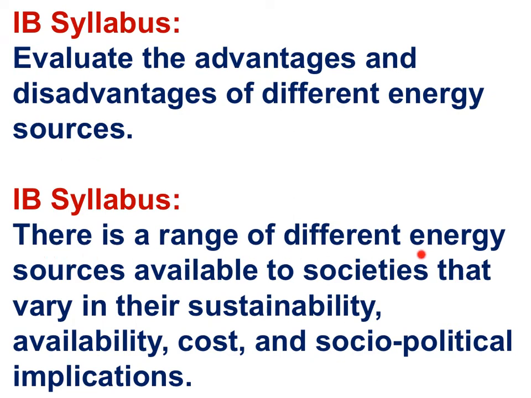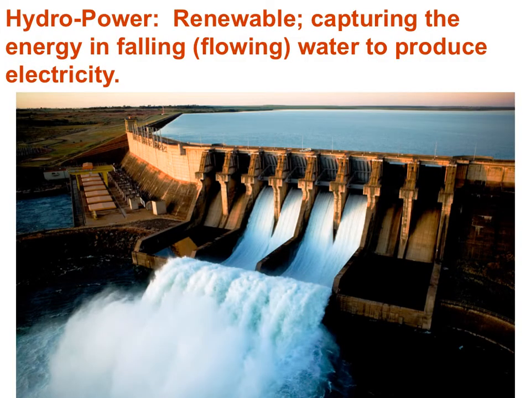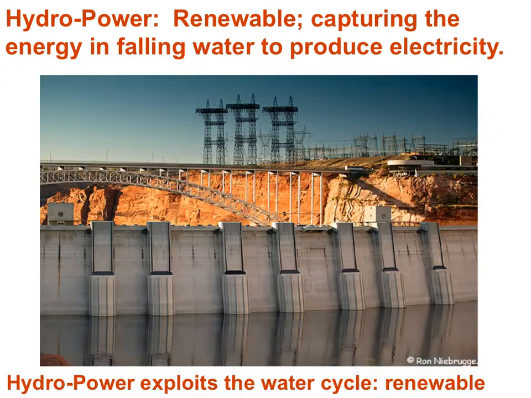There is a range of different energy sources available to societies that vary in their sustainability, availability, cost, and sociopolitical implications. Let's start by looking at hydroelectric energy, an energy source that comes from the hydrologic cycle, where water moves by gravity downhill. The force of water moving with gravity downhill is the energy harvested as hydroelectric energy. In this image, you can see the dam that holds back a river. As the water runs through or over the dam, turbines generate electricity, as can be seen with the electric lines